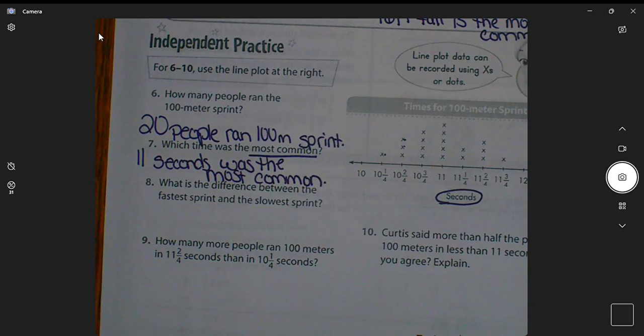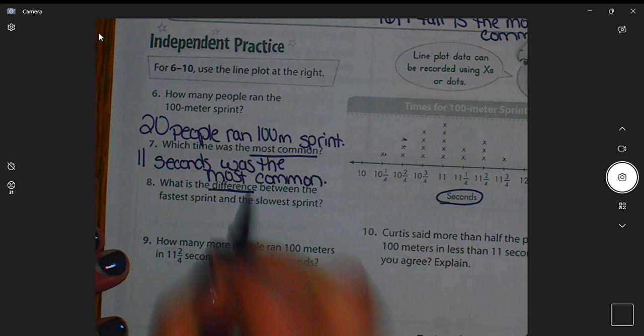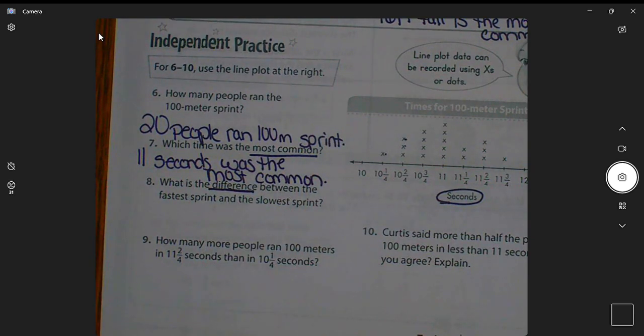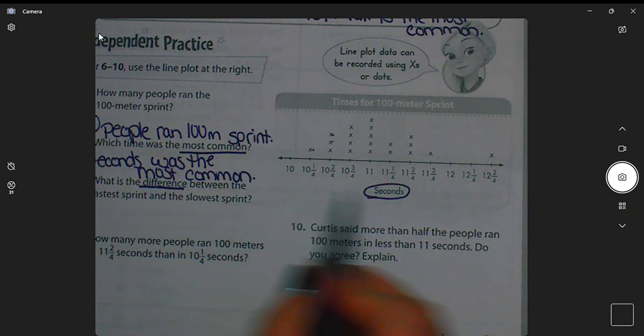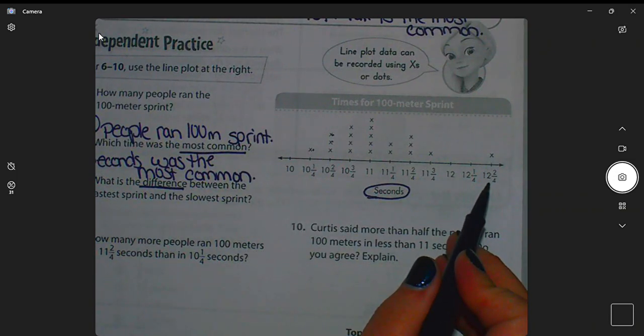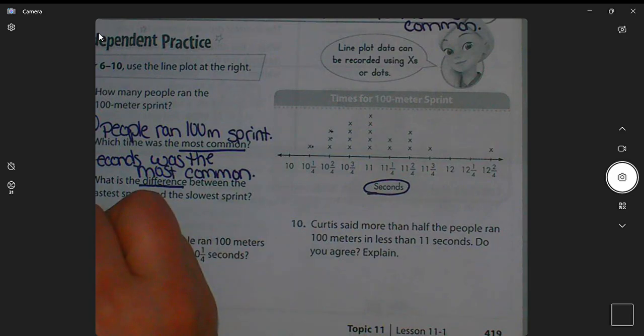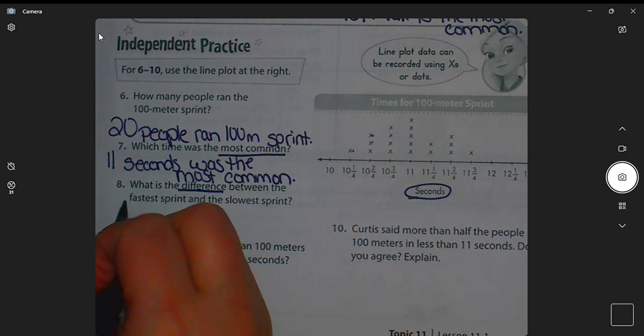What is the difference between the fastest sprint and the slowest sprint? Difference. What do you think that word is going to ask me to do? You're right, it's subtraction. So my fastest time is 10 1/4, and my slowest time is 12 2/4. Now, the biggest whole number still has to go first. So 12